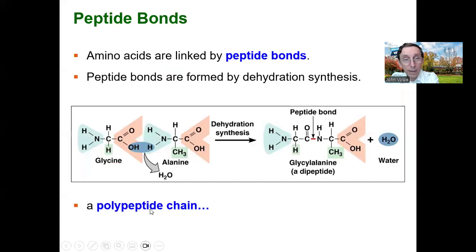All right, amino acids are linked together by a peptide bond. What happens is we get two amino acids which come together, and the OH leaves the carboxyl group of one amino acid, in this case glycine, and an H leaves the other amino acid, in this case alanine. The H leaves from the amino group to form water, and then that nitrogen will bind directly to that carbon,